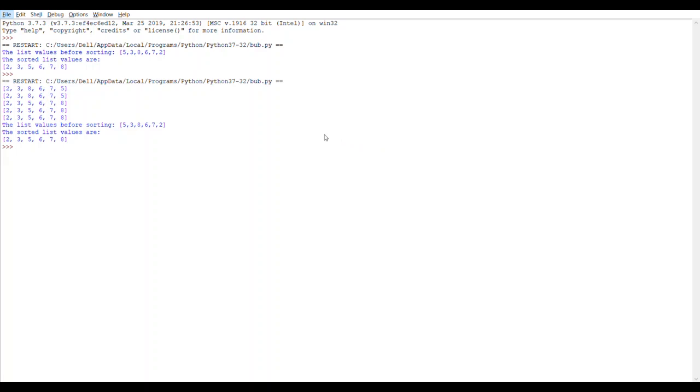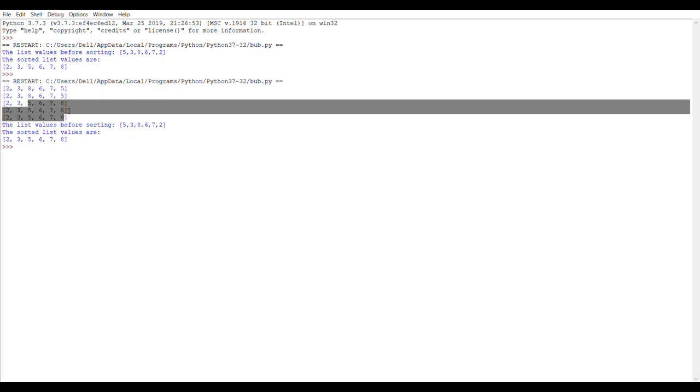Now you can see how the selection sort works. Here 2, 3, 8, 6, 7, 5. Then in the next step, 2, 3, 8, 6, 7, 5. Next step, 5 is here in the last position. So it is sorted here. From this position onwards, the sorted values are being displayed.